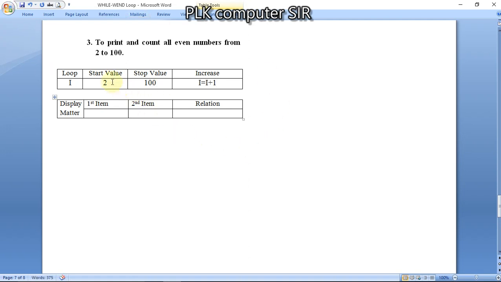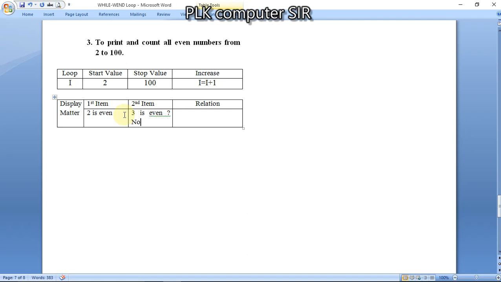Now tell me students, what we will do: we will check each and every number whether it is even or not. Suppose we check 2, so 2 is even. If it is yes, then it will print. Second time, the next number will be 3, so we check whether 3 is even. What is the answer?